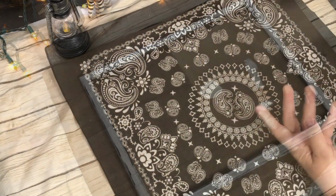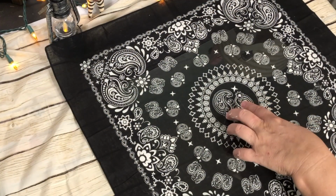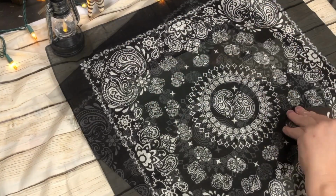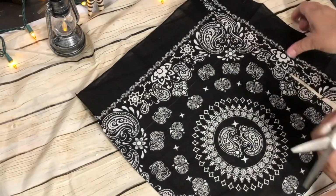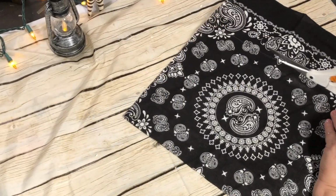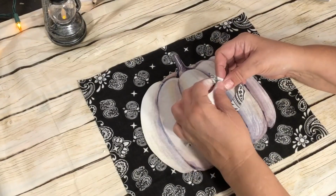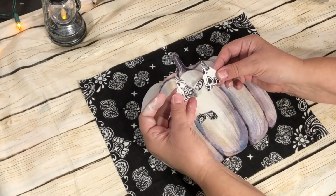And so now I'm going to cut out the bandana. I'm using the black one. That's going to be the background of this picture. And I'm using the center of it because I like that pattern. It's the prettiest. And then we're going to take our pumpkin and I'm going to use an Elmer's glue stick